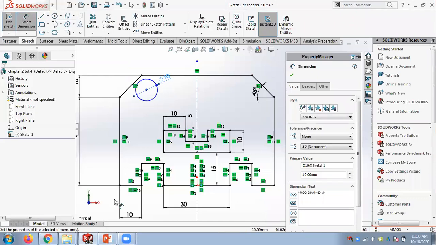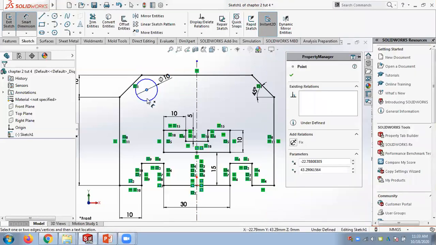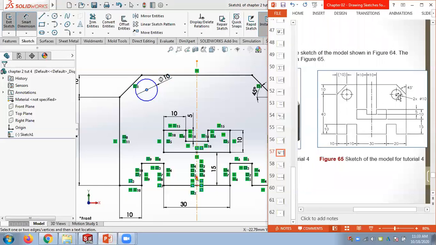Now we have to locate the circle accurately. Circle is actually aligned with this horizontal line here, which is ending here. So the circle center should be aligned with the center line going through this. So it's not drawn in the diagram. If you want, you can put 10 here and locate the circle accurately, 10, 10.